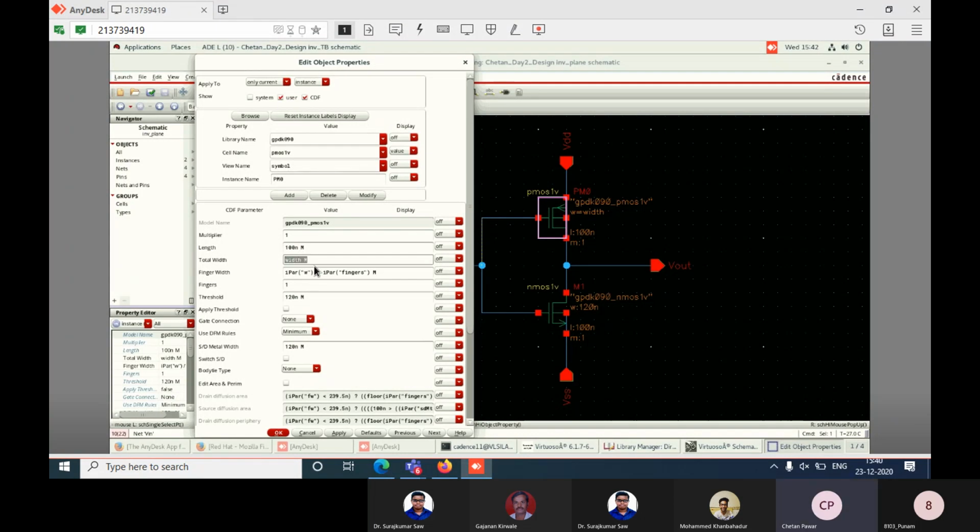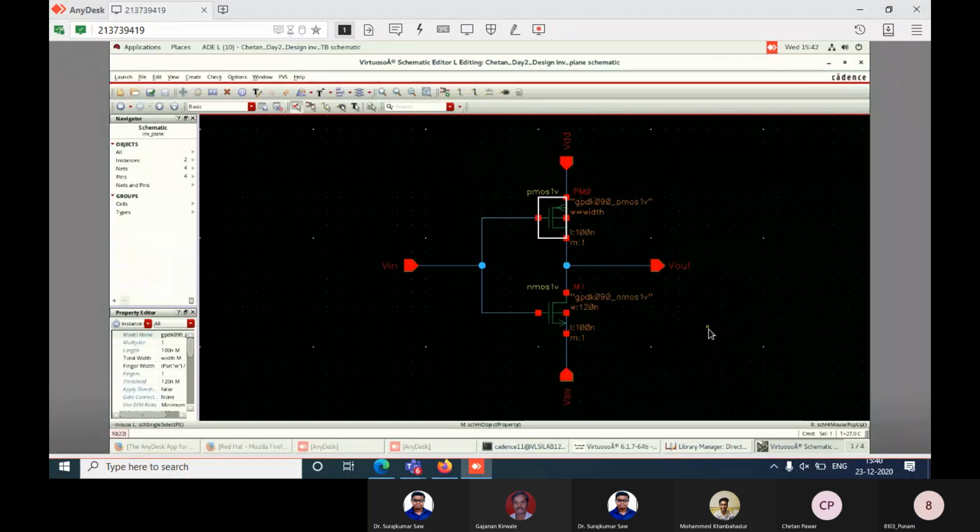I have already put a value there. So you put total width equal to width. Then click on OK, and check and save.